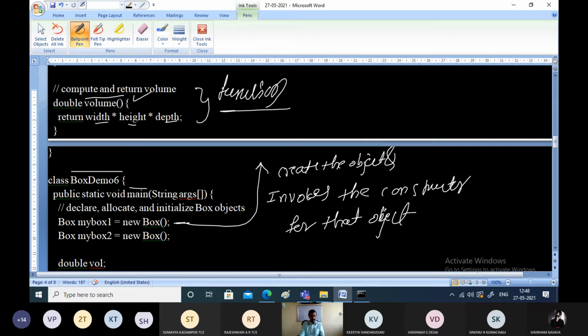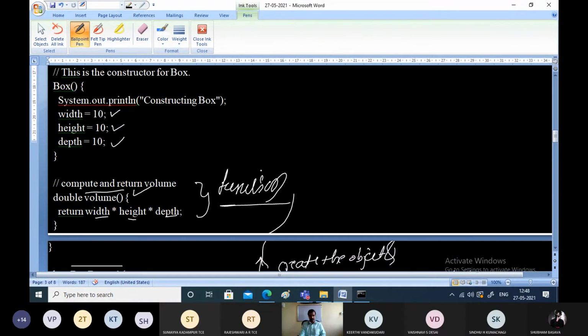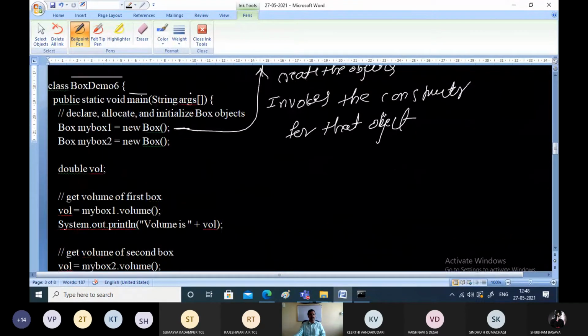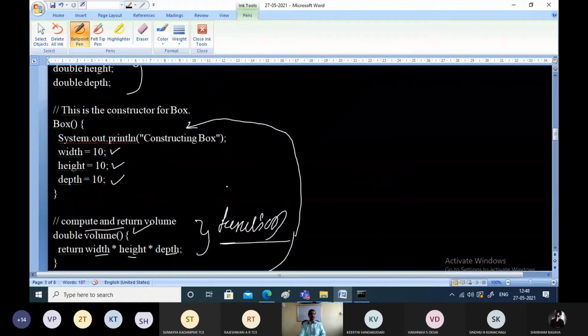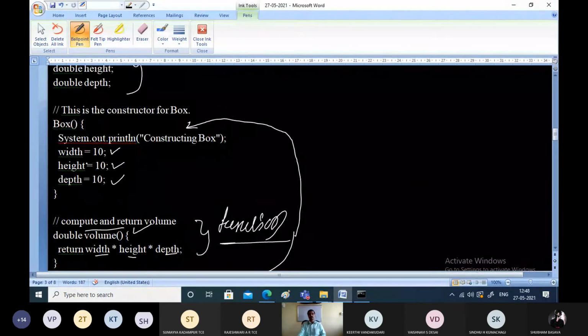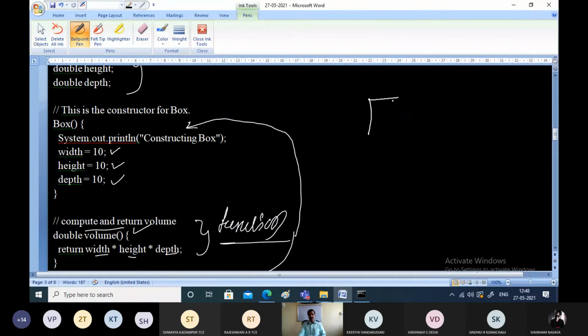That means we have to go to the definition of the member function with the name box. Indirectly we are calling the constructor; automatically the constructor will get called. Now let us go to the definition. Where is the definition? Definition is here. We are studying the impact in the background now. This one line causes the constructor to be called. One box will get created, but before that, on the output screen, it will print constructing box.